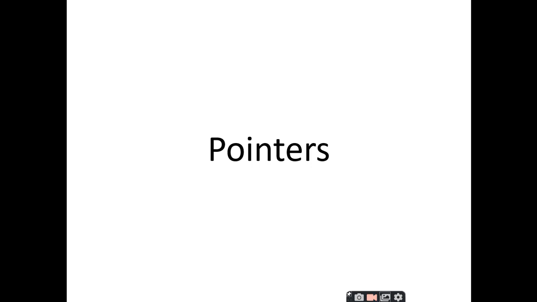So in the morning session we have discussed the introduction to pointers, where we discussed what a pointer is, why we require these pointers, the syntax related to pointers and various types of pointers. All these things we have discussed, right?